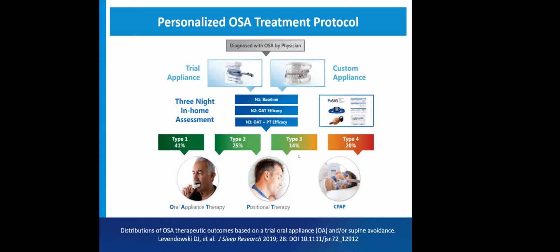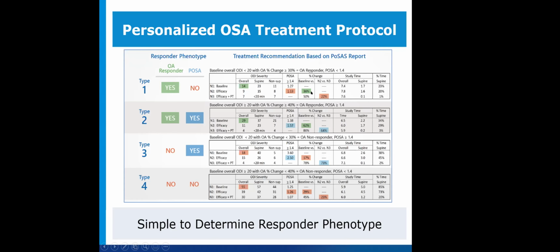But we also found 14% of the patients did not respond to the oral appliance, but had POSA and would have done very, very well just staying off their back. So here's about 35% of the patients. And we then had 20% of the patients who were left that, depending on how reluctant they were to go back to CPAP, the benefit of even the combination of these two, I'll call it marginal. Now, it's better than no therapy if we're moving them from severe to moderate, still may be of benefit, but looking at conventional numbers of efficacy,